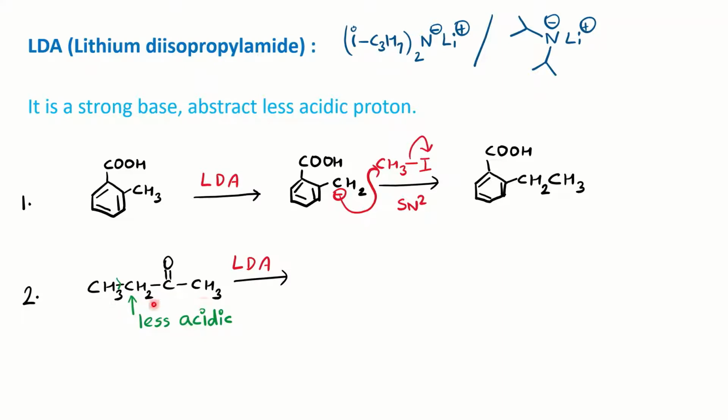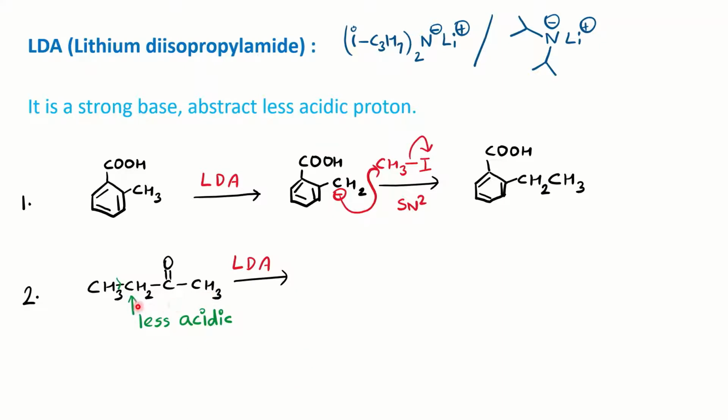Now you can notice here we have a ketone which is asymmetrical, right? And usually we say the alkylation or hydroxylation occurs to carbonyl compound. So usually it occurs on the alpha carbon. What is alpha carbon? The carbons which are next to the carbonyl group here, okay, are called alpha carbon. So this CH2 and the terminal CH3 is alpha. Now we have to compare from which position this LDA will extract the proton. So for that we need to find out the less acidic proton.